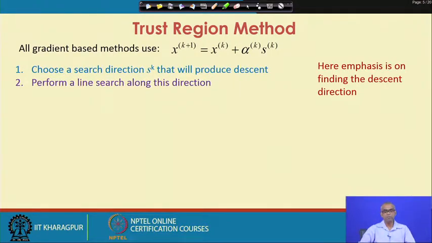Now, let us briefly define what we mean by trust region method. We have seen that all gradient based methods use the general scheme x at k plus 1 iteration equal to x at kth iteration plus some step length parameter alpha k into search direction S k.